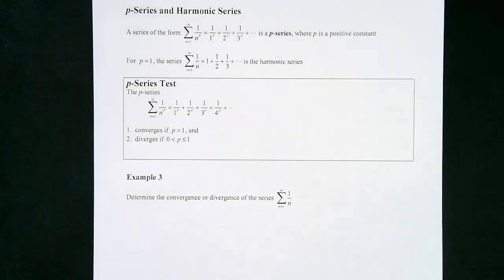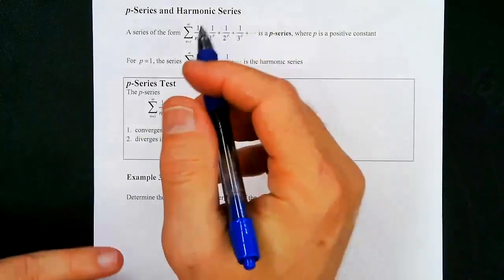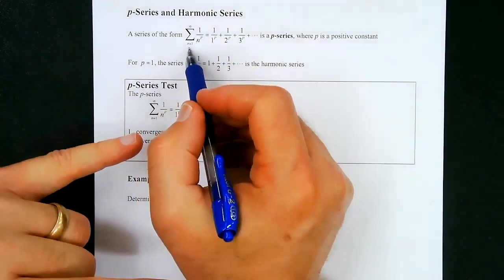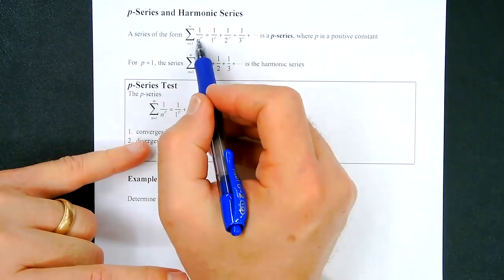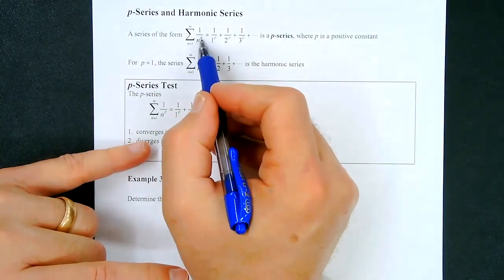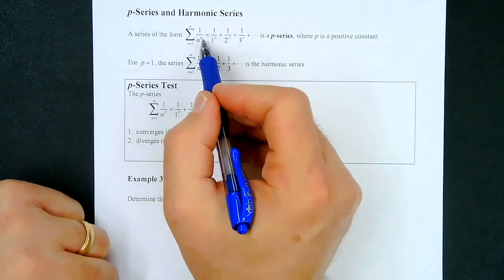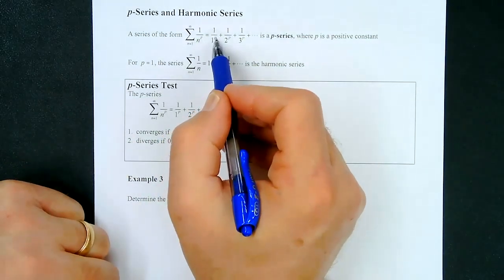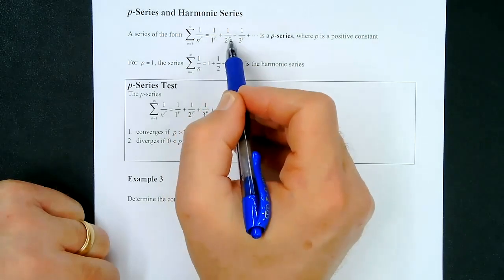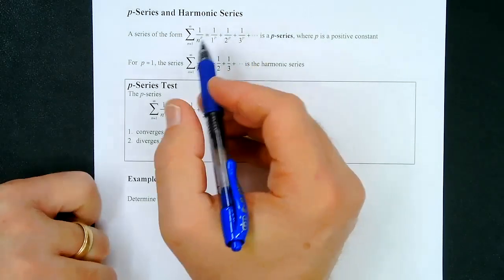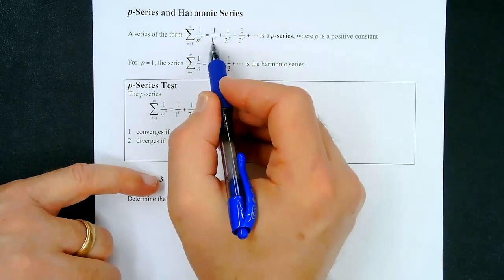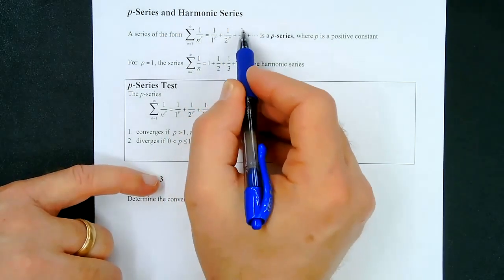Okay, so now we're going to talk about the p-series and also the harmonic series. The harmonic series is just a special p-series, okay? So what is a p-series? A series of the form n equals 1 to infinity of 1 over n to some power p. So this could be 2, this could be 3. It's a power, okay? So this would be 1 over 1 to the p power plus 1 over 2 to the p power plus 1 over 3 to the p power. So if this was n cubed, this would be 1 over 1 cubed plus 1 over 2 cubed plus 1 over 3 cubed,